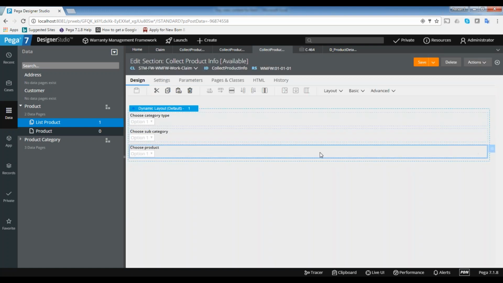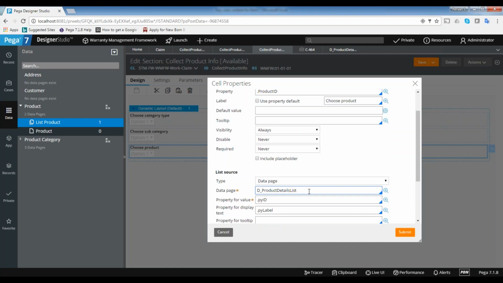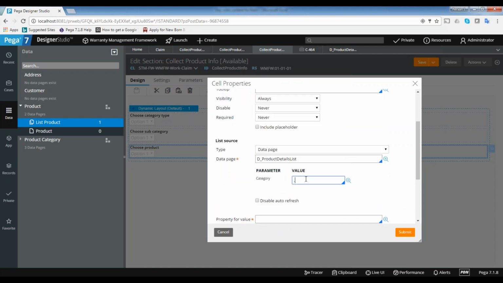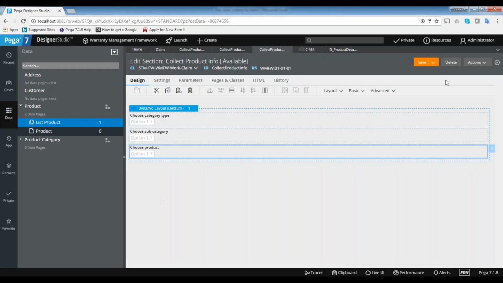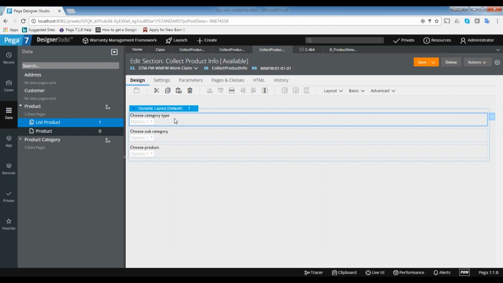The same way here also, let's refresh the database to ask for the parameter. Category is also stored in the subcategory property. Just pass that property as a parameter here. If you see here, I need to pass this value to here. That means this value should be available in the memory by that time. Where can we see the memory? We have a concept of clipboard. We will see that as well.